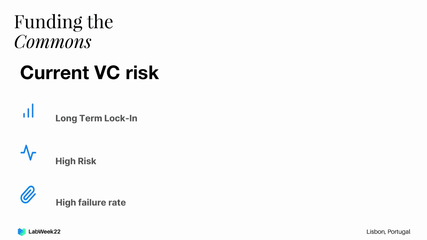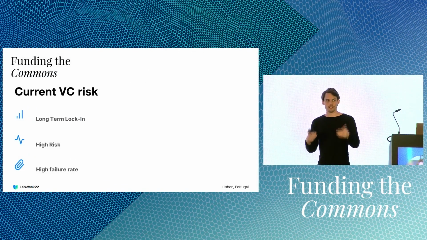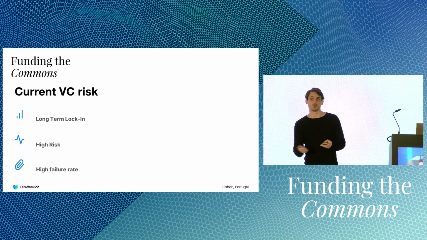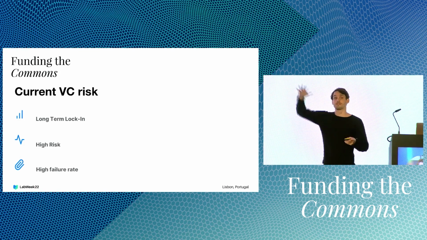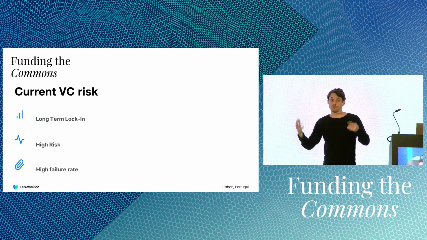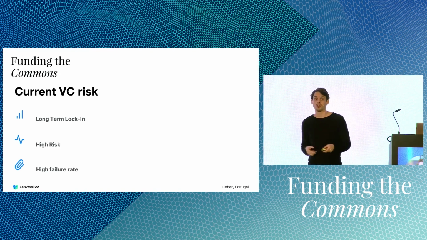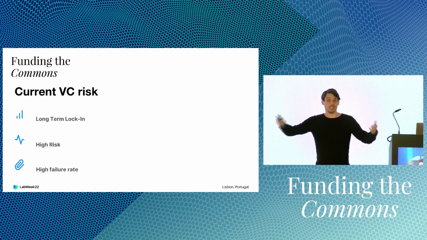So if you look at some of the risk factors that we can address with this model that current VCs have, one is, when they invest in a company, they're usually locked in for a long time. So you're locked in for 7 to 10 years until an exit happens. And that means there's a lot of uncertainty. You have no ability to go out and say, I will save my initial investment or even maybe some small profitability. There is just generally a high risk of the company not succeeding.